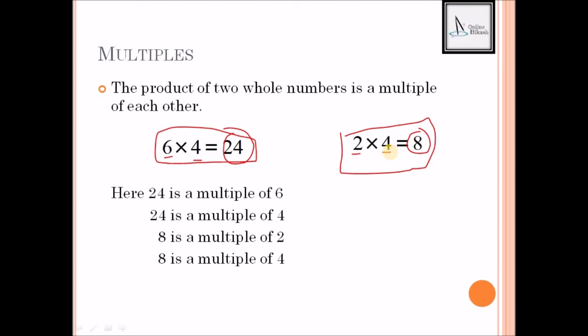Okay, so when you are multiplying, say 3 into 4. Okay, 3 into 4 is what? 3 4s are what? If you don't know the table, then learn it by heart. 3 4s are 12. Okay, so we can say that this 12 is a multiple of 3 as well as a multiple of 4. Okay,